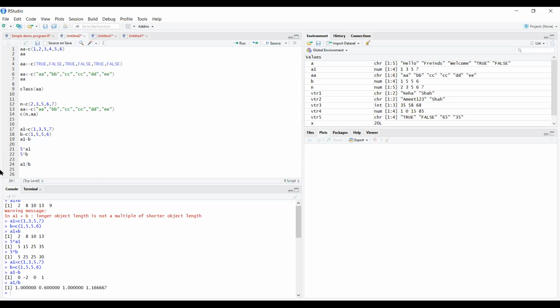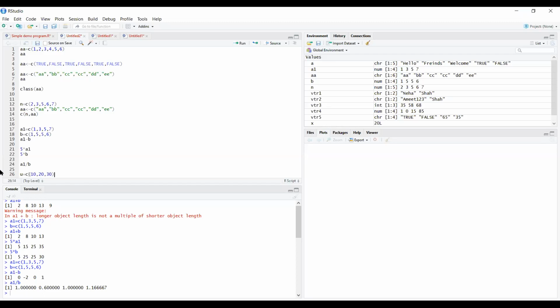So one more important point I would like to share with you is the recycling rule. The recycling rule is present in RStudio, and it tells you what happens if two vectors are unequal, or not equal in length. It will calculate the sums of their computation. I will show you how it works. U equals c(10, 20, 30).